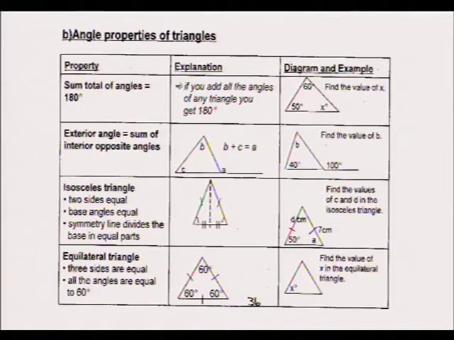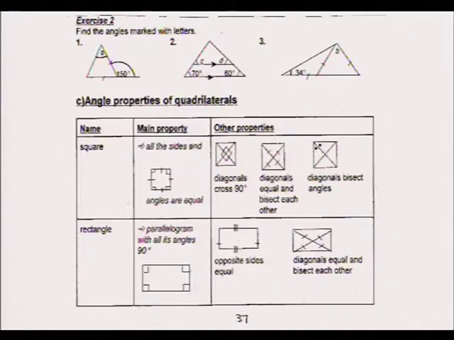The symmetry line divides the base in equal parts. Equilateral, then all the sides are equal and the angles are all 60 degrees for the equilateral triangle. You also have to study this and the spelling. There are some exercises